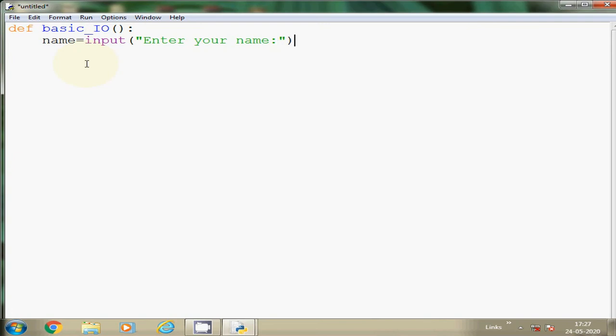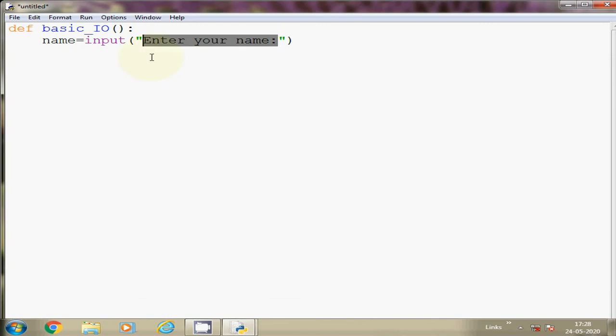As I said, input is the function. Again you can see the same brackets are coming here, and this is one sentence or one line, that is called a string. Whenever you are writing a line or a paragraph or any text, it is known as a string, a set of characters, in programming. So it is one string I have passed as a parameter.